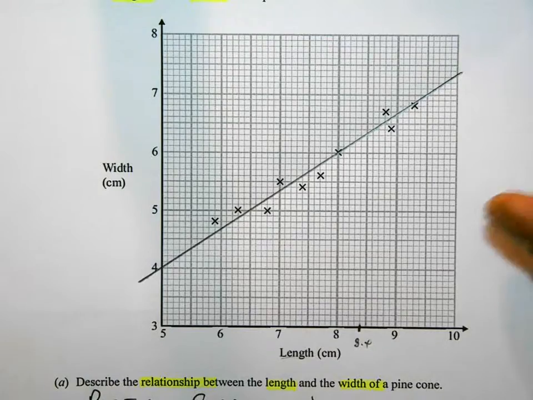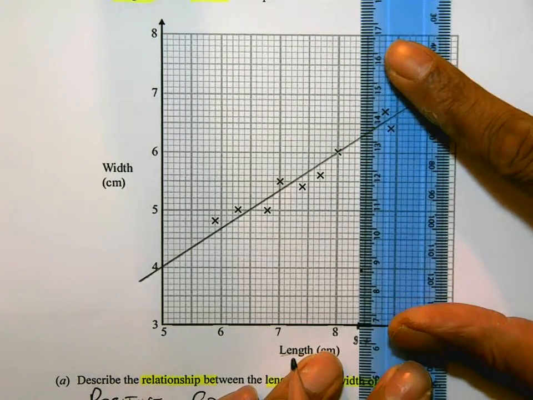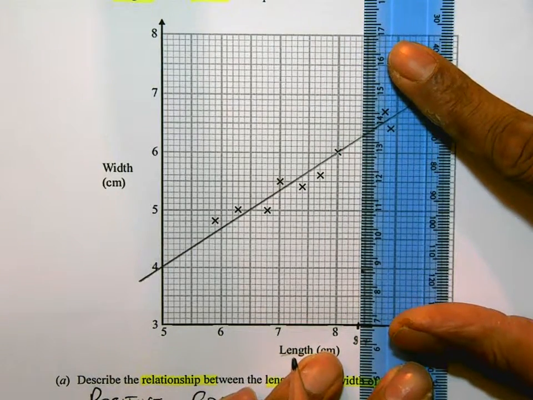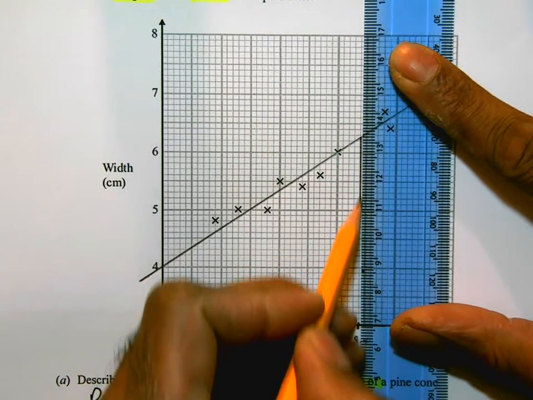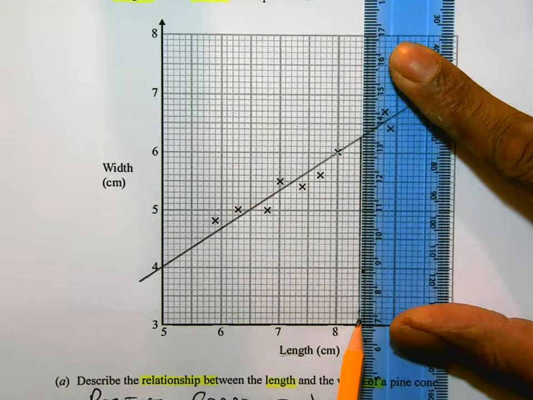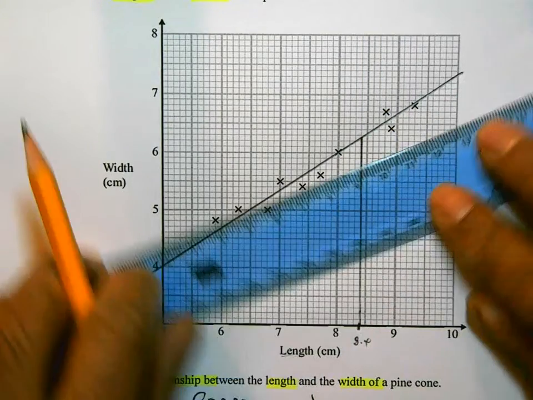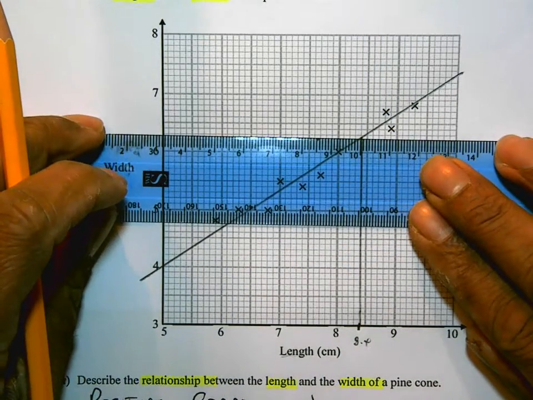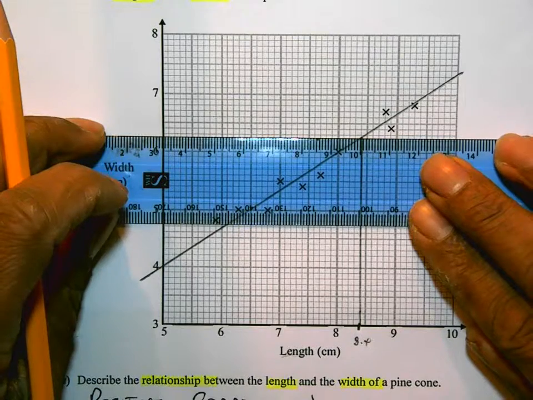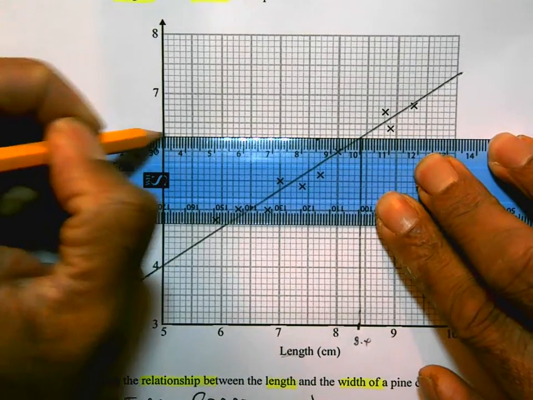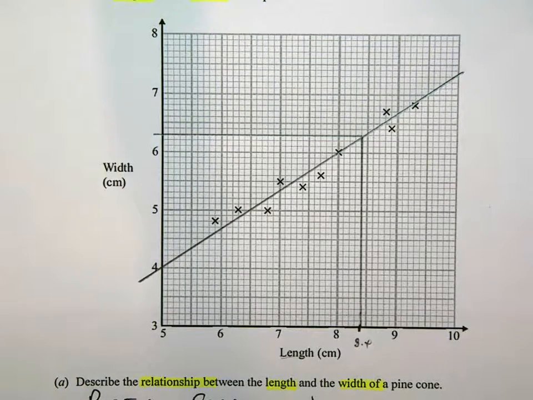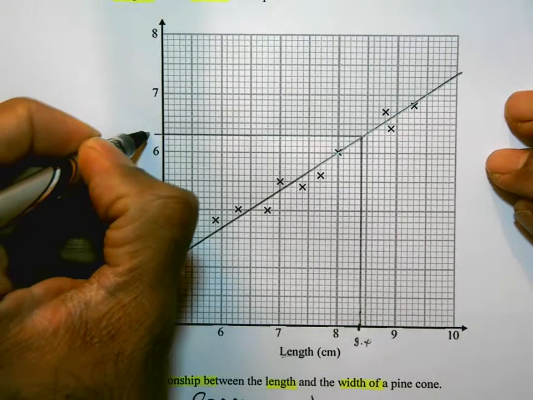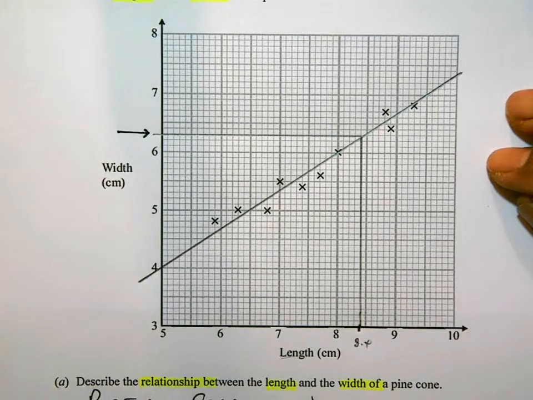And I'm going to use my ruler and draw a line up from 8.4 to the line of best fit, and then across to this axis. Make sure you do draw those lines in. It is really important,